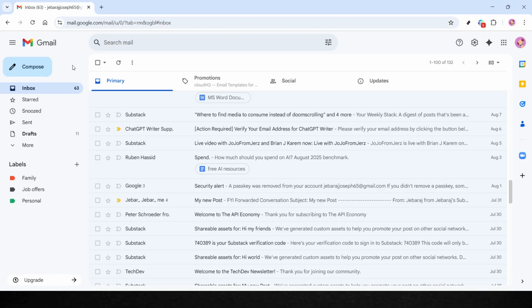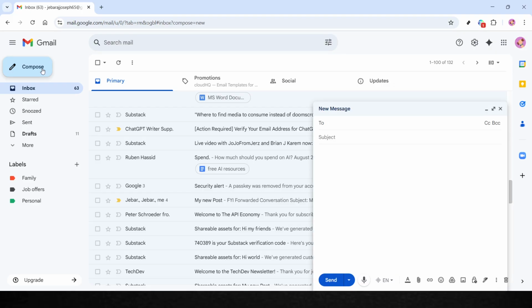and contact lists. Now that you're in your inbox, direct your attention to the top left corner of the Gmail interface where you'll see a button labeled Compose. Go ahead and click on that button. Doing so will open a new email window in the bottom right corner of your screen. This is where you can create a new message, and it's designed to work just like a chat window for